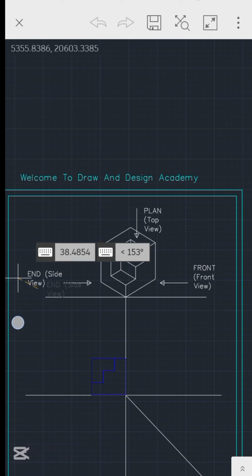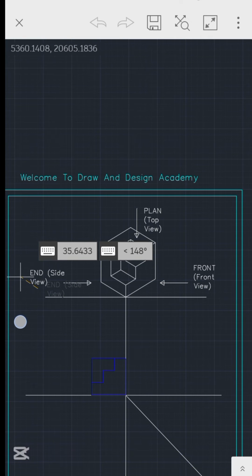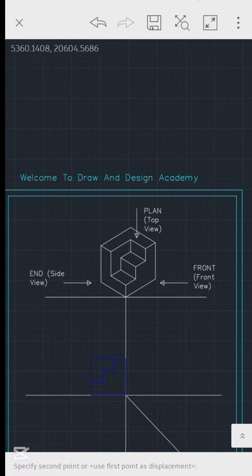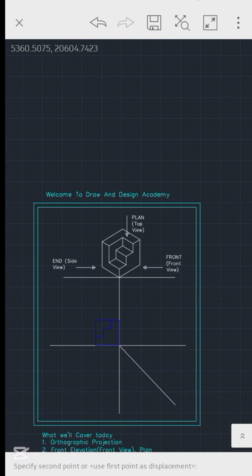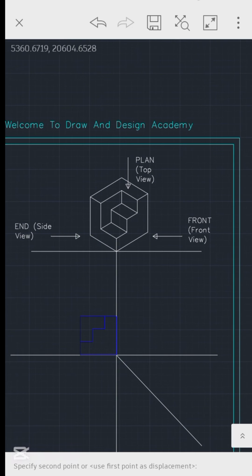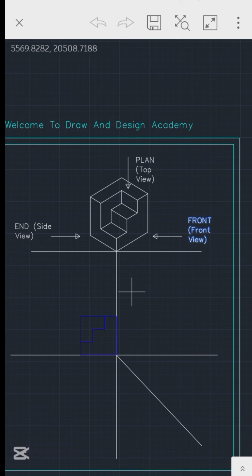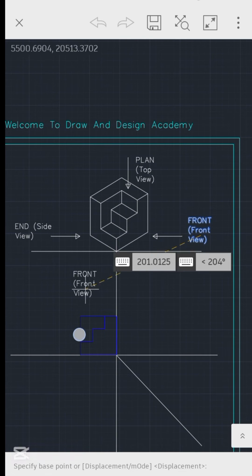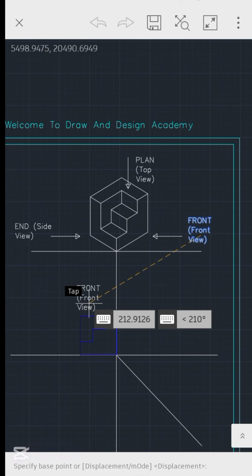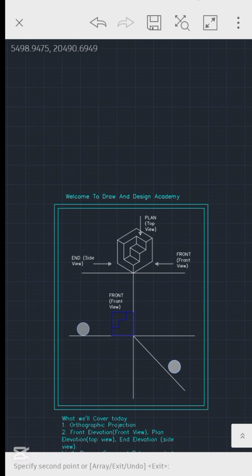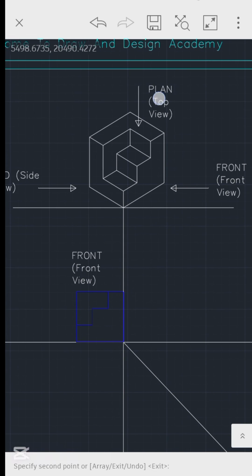So we'll adjust it a bit, select and move it. All right, this place will do, and that's it. So we've arranged it properly. We have our plan, our end, and our front view. So let's copy the front view to this other part. Copy and place it here. All right,